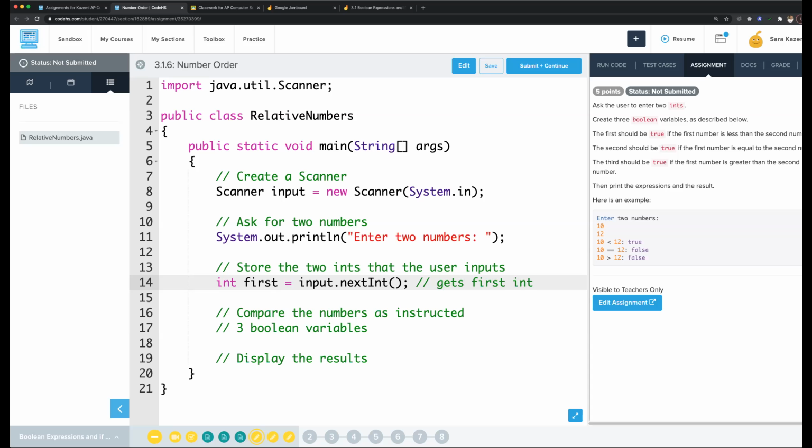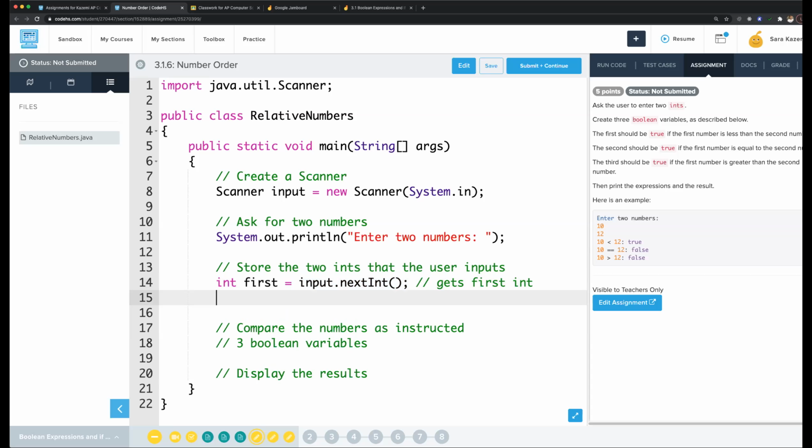that the user inputs. And then I have to call this nextInt method one more time to get the second one. So let's create another variable called second that's going to store that integer, and then we're going to call input.nextInt again, and that's going to get the second int. There we go. So now we've prompted the user for two numbers. The user has hopefully entered those two numbers,